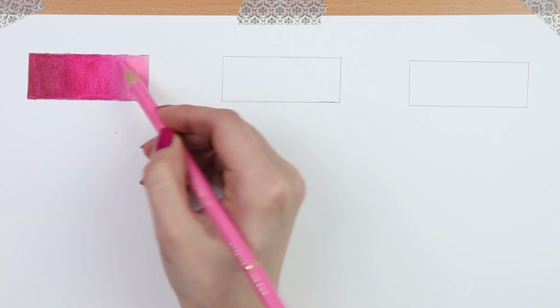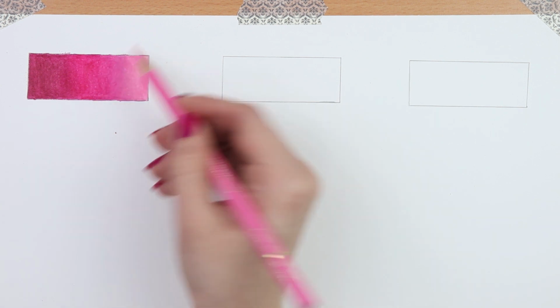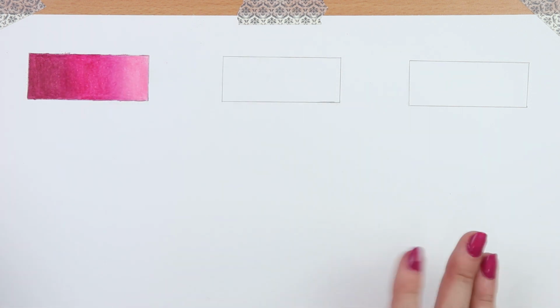This went very well. The feeling that you have while layering these pencils is really nice. I like the feeling while layering. If the feeling is good, that means the colors are most probably going to be very nice. So I want to test now. Let me just see the Persian blue, and I want to combine it with some